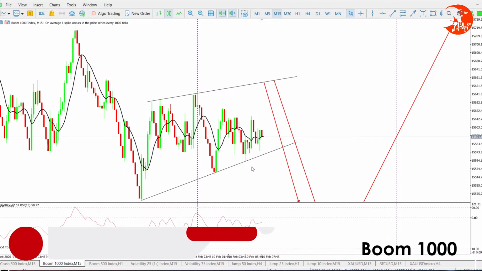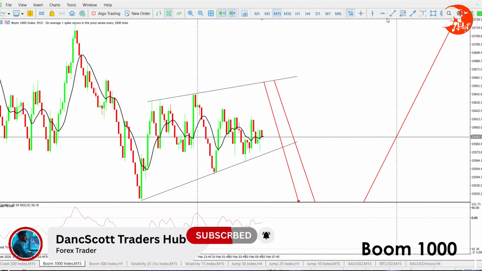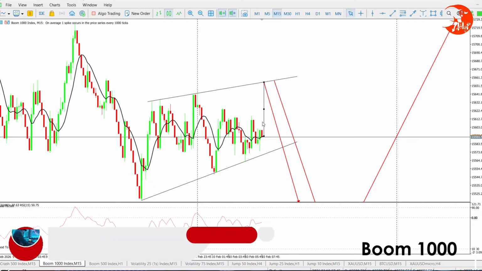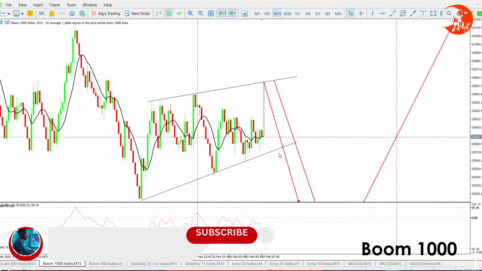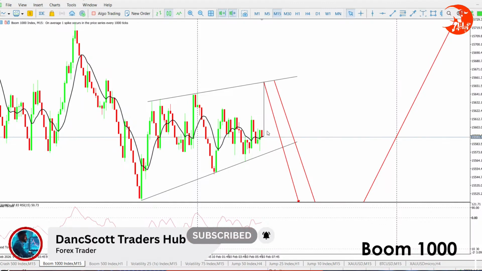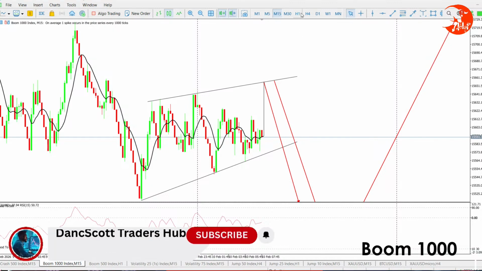So right now, M15, we get ready for sales once price reacts there. Price is still in a buy trend, but it's not yet ready for the sell. But if it decides to break down here, then you have an entry to sell it. I think that's enough on